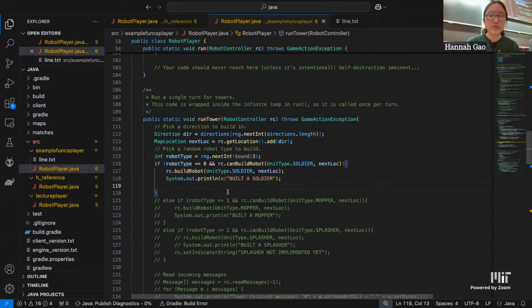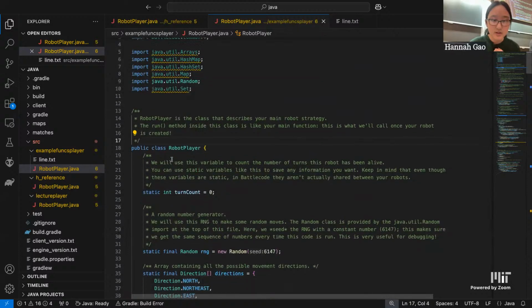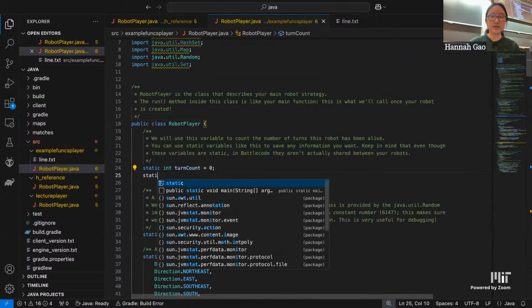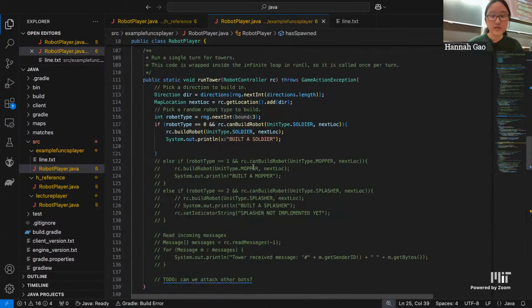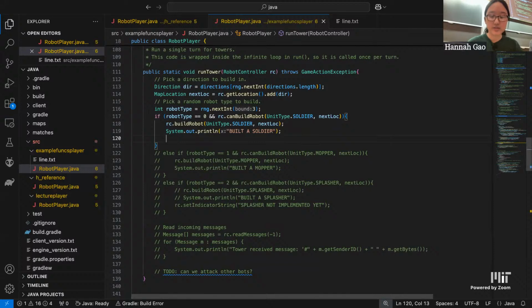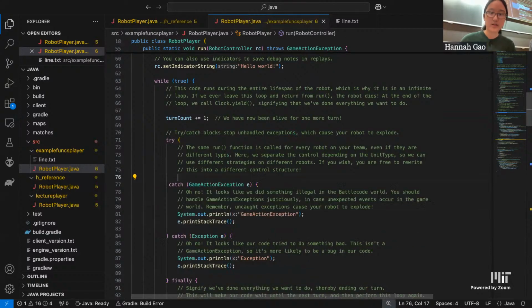The way that we can make sure we only spawn one robot per tower is I'm going to introduce a static variable here. So static boolean has spawned, and that's going to start as false. And every time our tower spawns a soldier, we are going to say has spawned equals true. And then in our try statement,